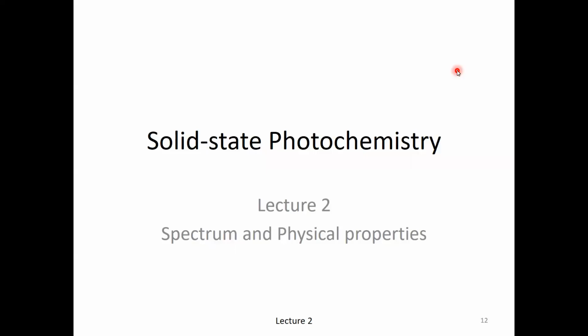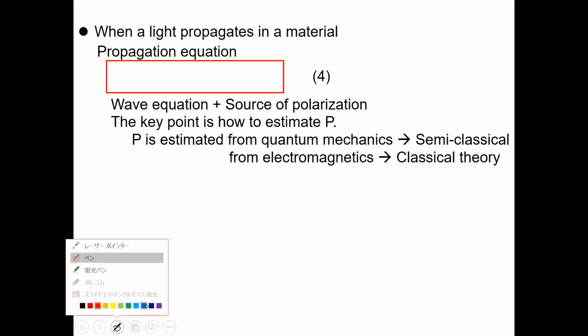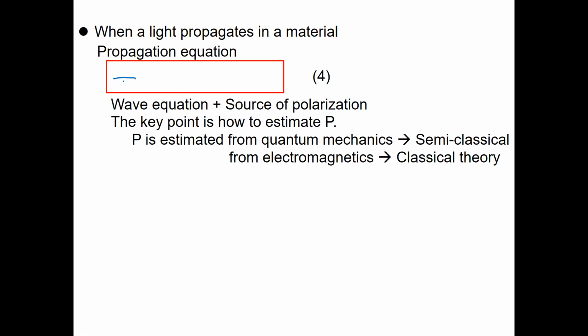Okay. In lecture 2, we are going to study how to obtain the spectrum shape and the physical properties of the materials related to the optical properties. So first, let's review the propagation equation. What we studied in the last lecture, when the light propagates in the materials, we could obtain the propagation equation, which was, in the one-dimensional case,